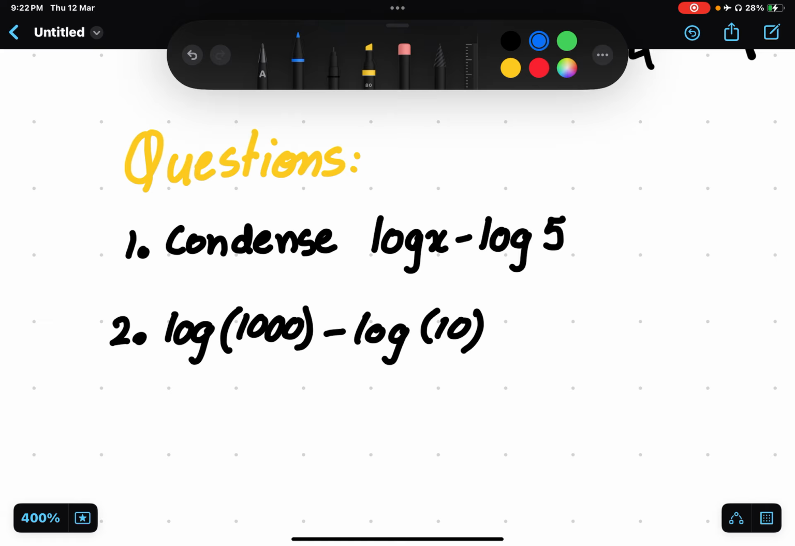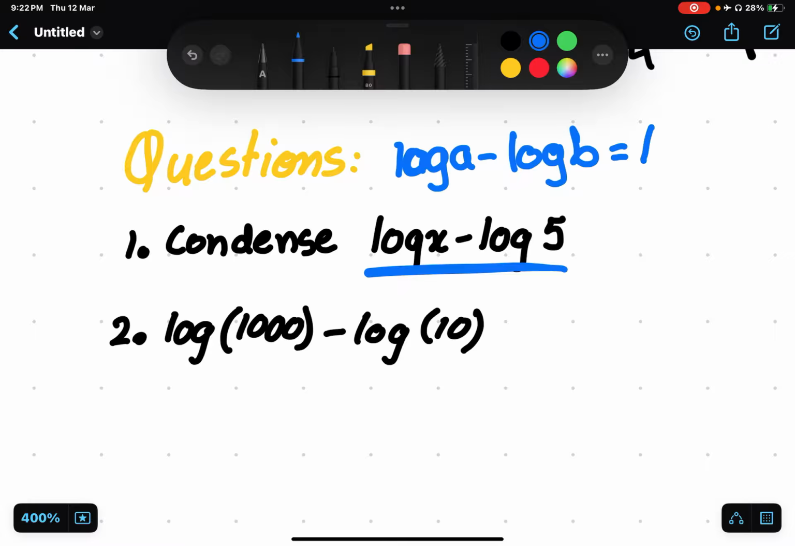So the first one, condense log x minus log 5. Now by condense, I mean that we need to get it into the smallest form, so just get it into one term if that's possible, yeah? So what do we do over here? We know that this is our quotient rule, so we need to get this in the form of log a minus log b,